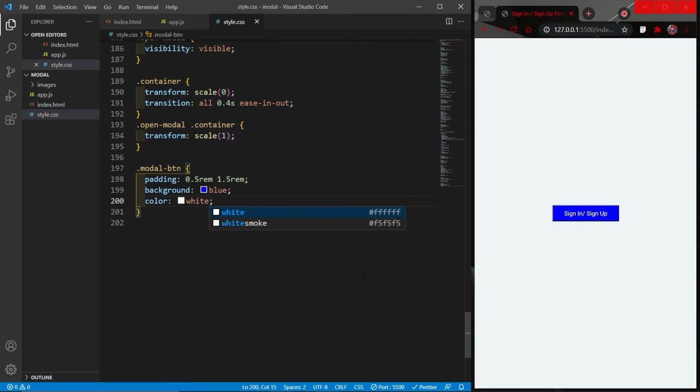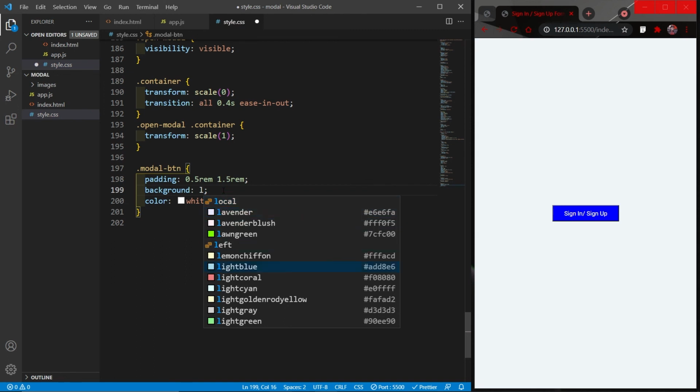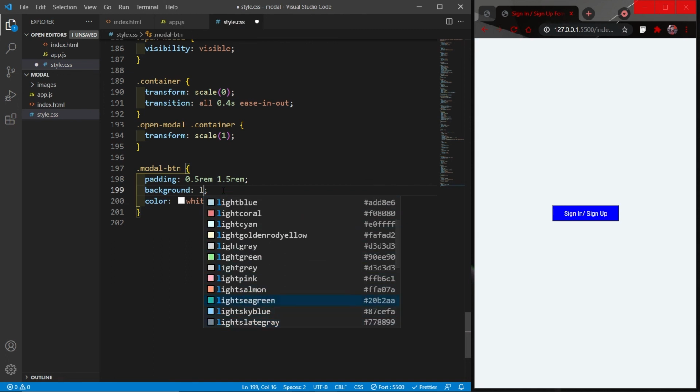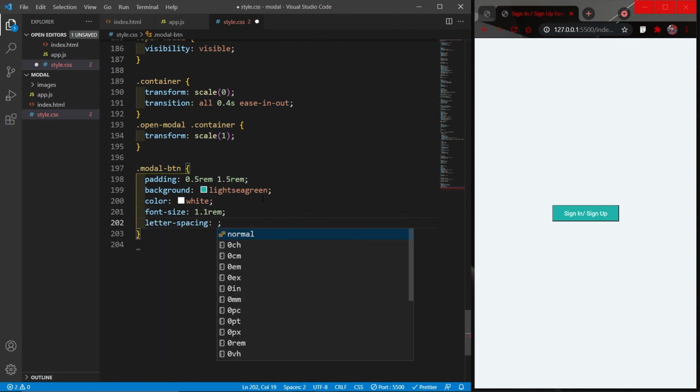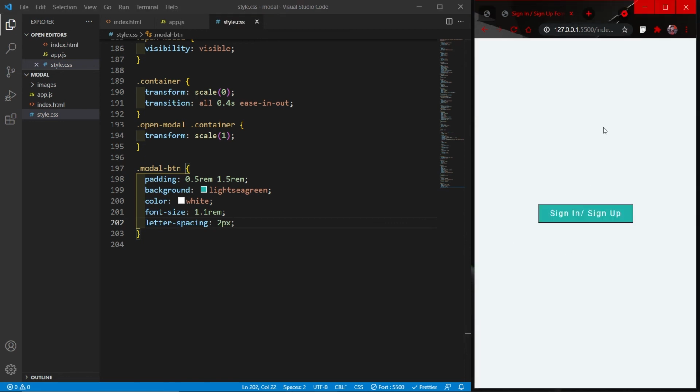Yeah, it looks better. Now I will change this color to something else. Let's do light sea green, and I guess that's enough. Let's also increase the font size to 1.1 rem and letter spacing to 2 pixels.